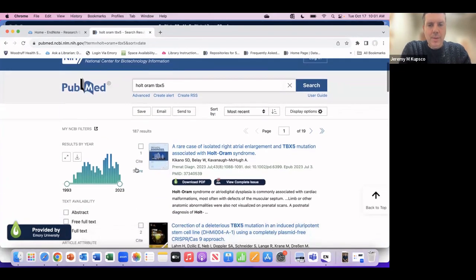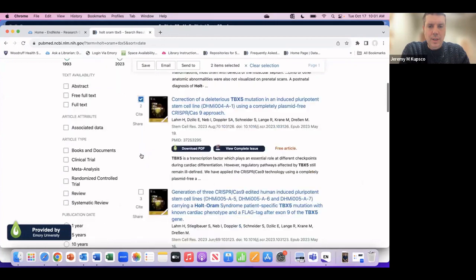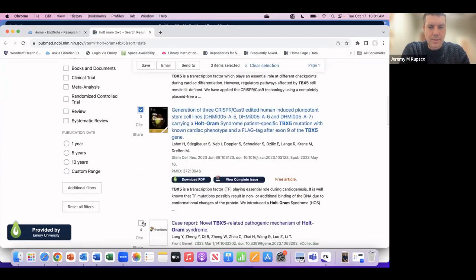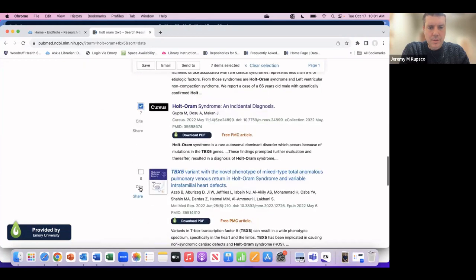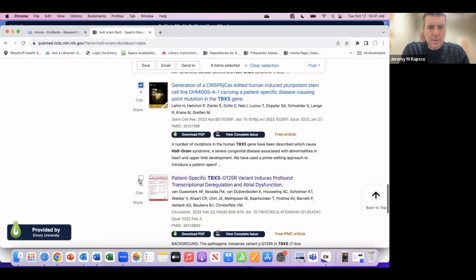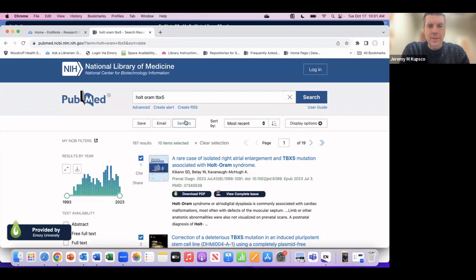Okay, to take over a citation from PubMed to EndNote, you just check next to the citations you want to take over. I'm just going to take the first 10 here. Then you scroll back to the top and you can see that there's a send to button here. And you can see the last option is to send it to a citation manager. This will send it to any citation manager you have installed on your computer. So if you had Zotero, you'd still click this. But since I have EndNote installed, this will take this over to EndNote.